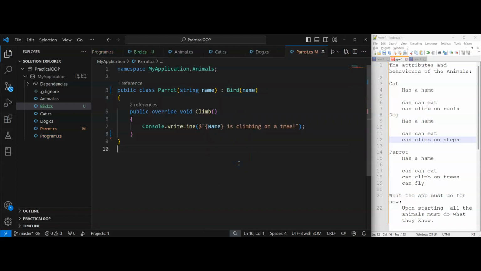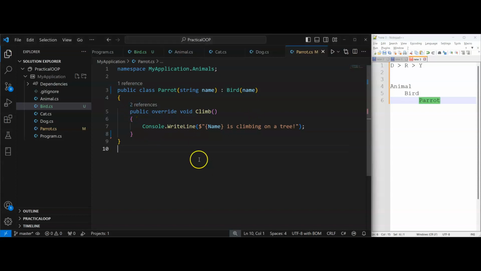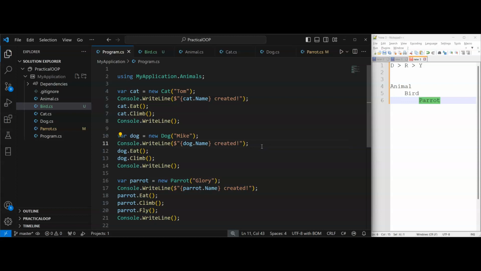So this is multi-level inheritance. So basically I have the animal class, which is inherited by the bird class, which is inherited by the parrot class. And we have the climb contract specified in the animal, and it is concretely implemented in the parrot. And we have the fly method, which is in the bird. And hence, since parrot is also a bird, we've just managed to remove that completely from here, thereby solving our